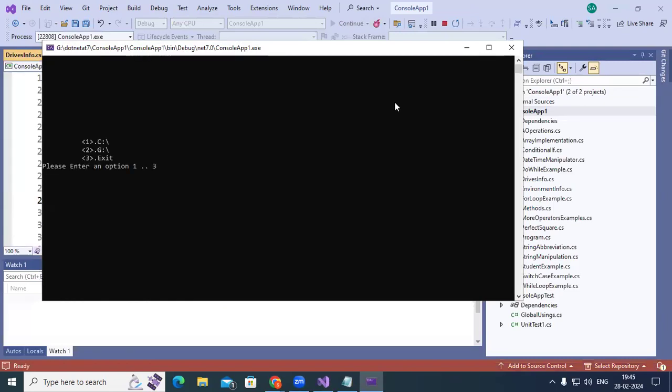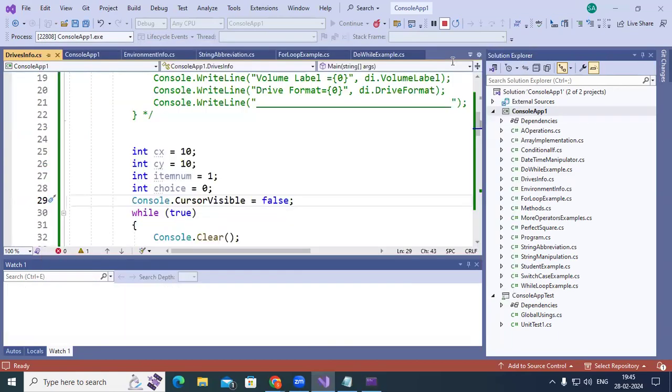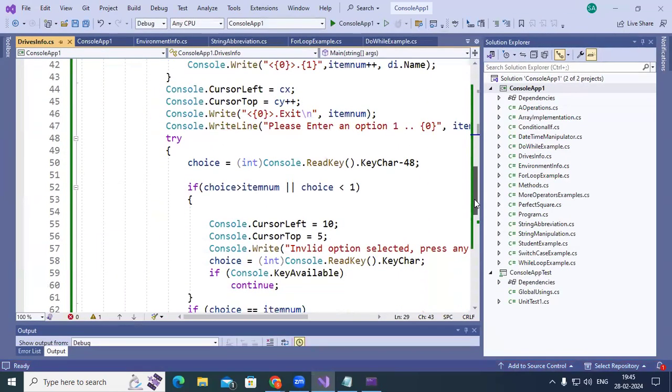Now you cannot see the cursor. Even this has to be moving towards the right side. Right now it is in the extreme left, but you need to move it towards the right side. Please enter an option that we have to move towards the right side. Okay, so let us try to put here